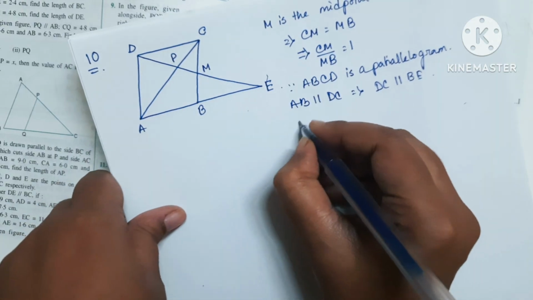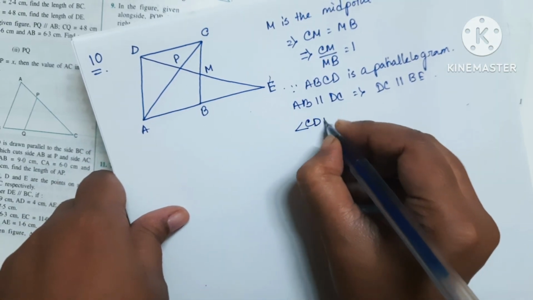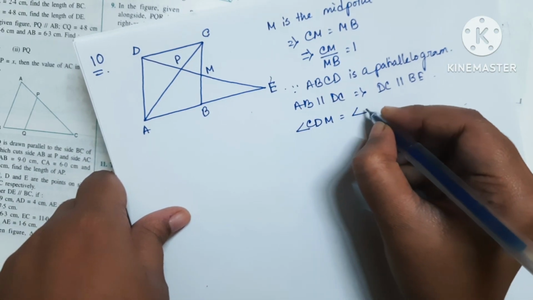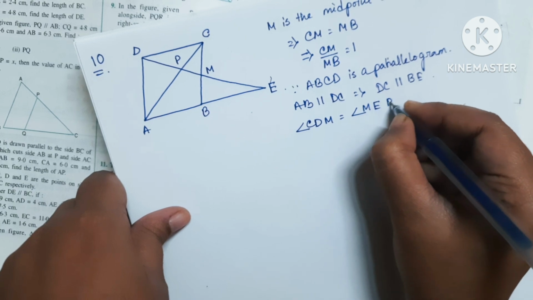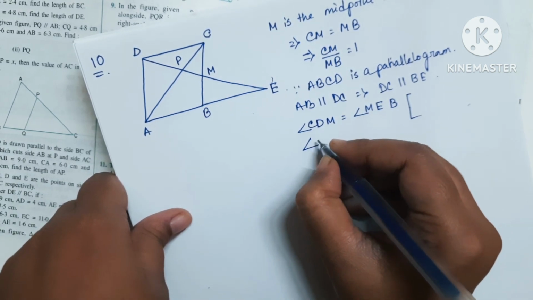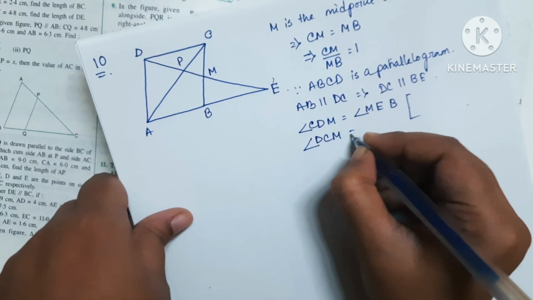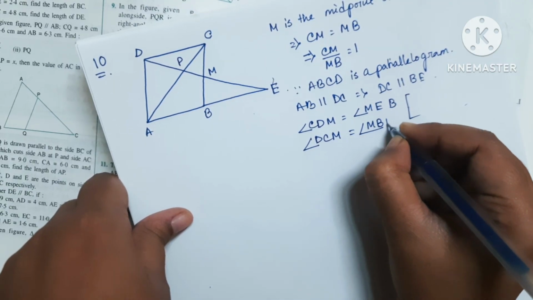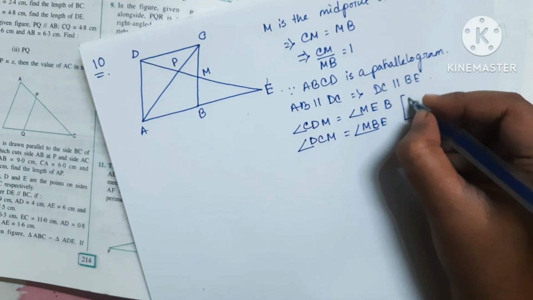So from here you can say angle CDM is equal to angle MEB and angle DCM is equal to angle MBE, okay, since they are alternate